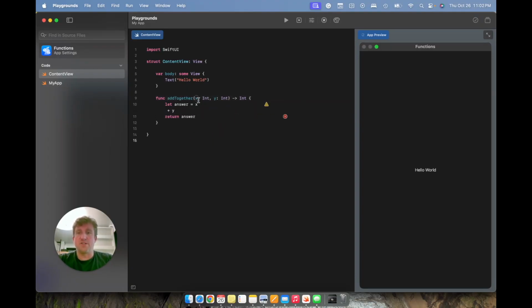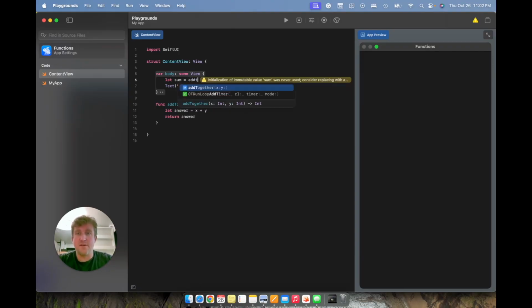So we're going to run this function, drop in two numbers, it's going to spit out another number, which is these numbers added together, and we're going to set them inside the text value. So all we have to do for this is we can go ahead and do a little parking spot up here so our code makes sense, and we'll call it, since we're adding, let sum equal, let's call our function, add together, and notice right there it already has the inputs, and you can see it's an integer and an integer, and it's going to spit out or return an integer, okay? So let's give it 5 and 3,